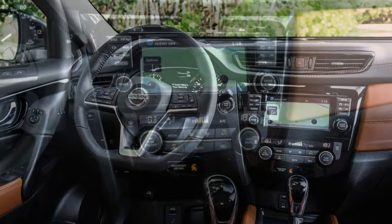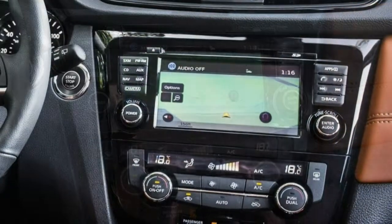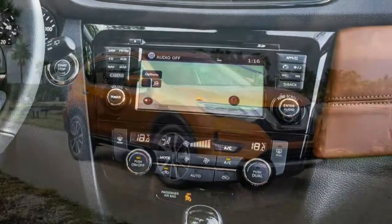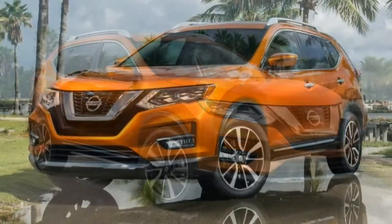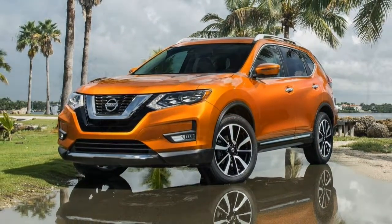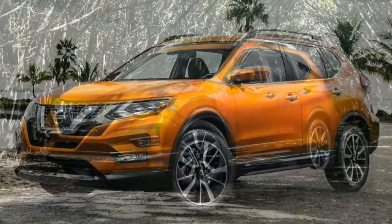But the Rogue's lethargic acceleration and poor visibility drop it a notch from competitors that do better. Its sole 4-cylinder engine and sluggish continuously variable automatic transmission (CVT) drag down an otherwise competent package, and there's nary a hint of the handling spirit that you find in the Rogue's competitors from Honda, Mazda or even Chevrolet. The Rogue is enticing, yes, but it doesn't do much to stand out from the pack or measure up to